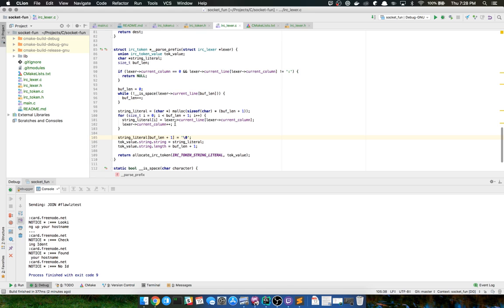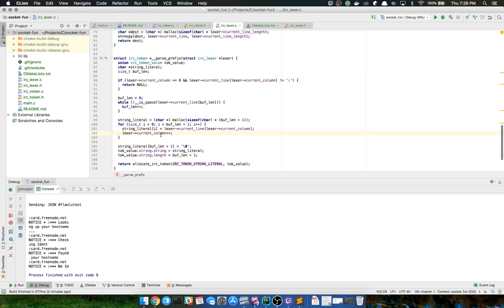So I'm doing a copy. What I'm not doing, I don't think, is incrementing this. Well, no, I am incrementing that enough. I wonder where that extra printing comes from.